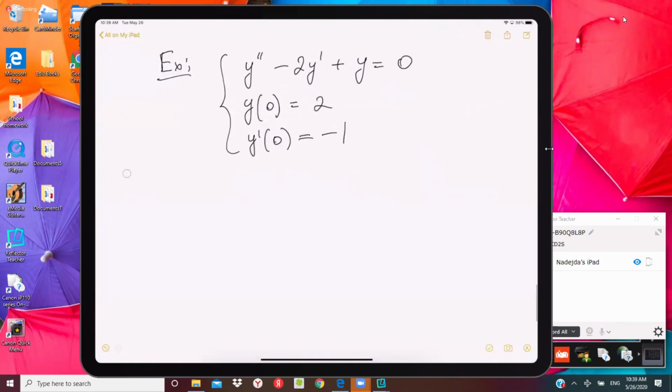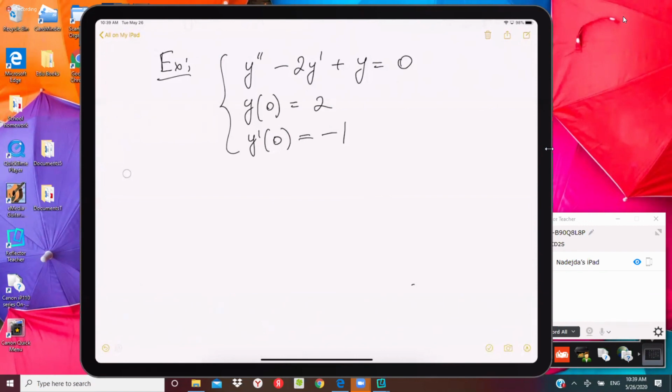So I'm going to give you a few moments to try to find the characteristic equation and the corresponding characteristic numbers. You're supposed to get one repeated root. And once you get that root, try to use